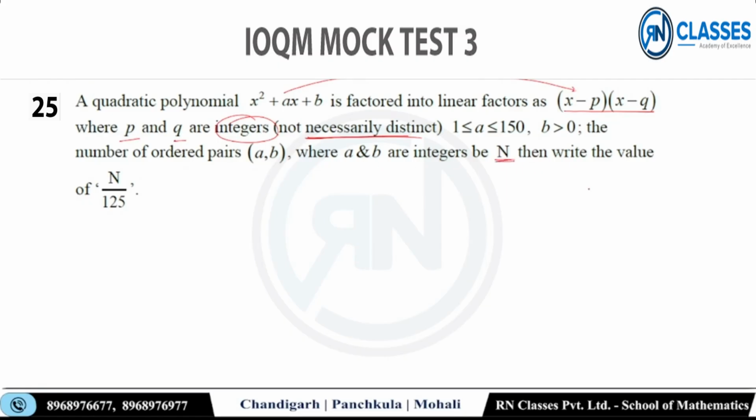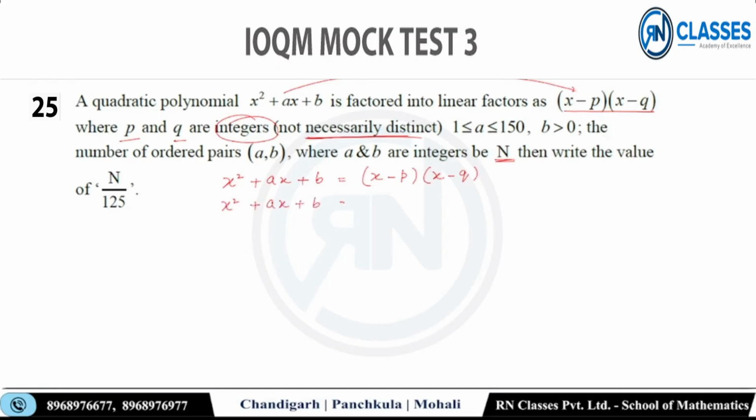n निकालो, then write the value of n by 125, right? तो उसने बोला कि भाई उसको लीनियर फैक्टर्स में लिखना है, तो पहले लिख देते हैं x square plus ax plus b, इसको लीनियर फैक्टर्स में लिखना है x minus p into x minus q, लीनियर फैक्टर्स में लिख लिया। सो कंपेयर कर देंगे, x square plus ax plus b